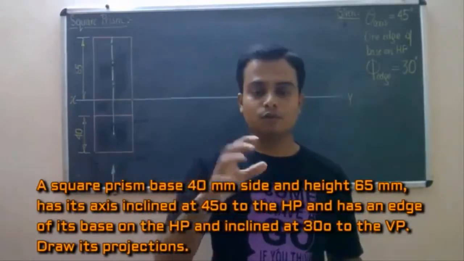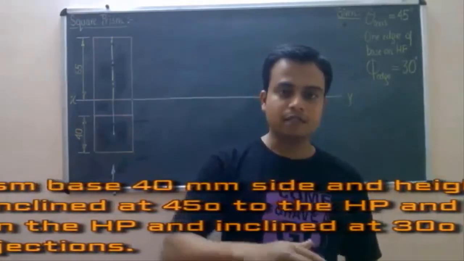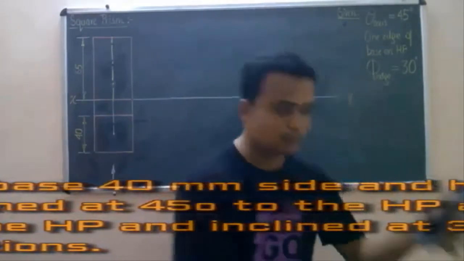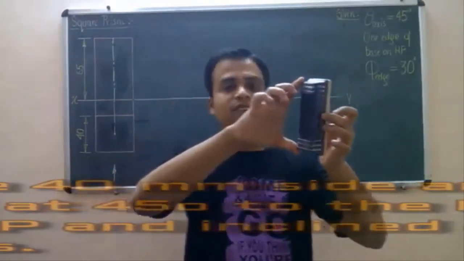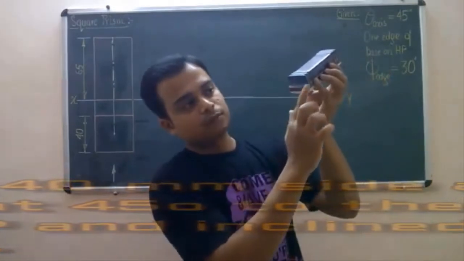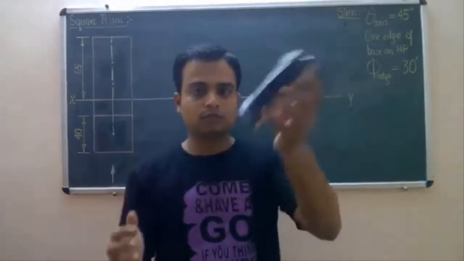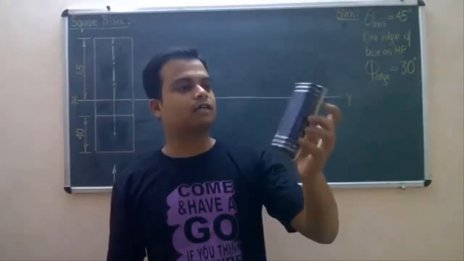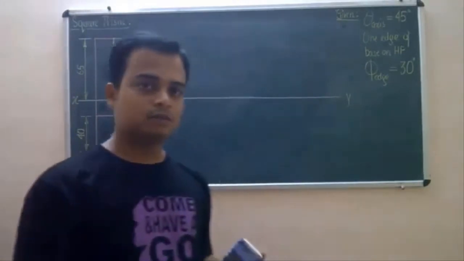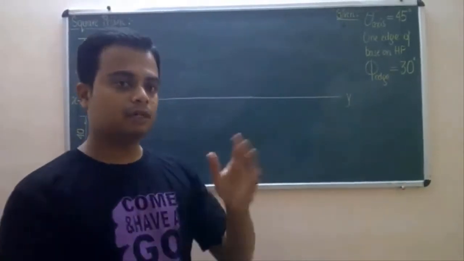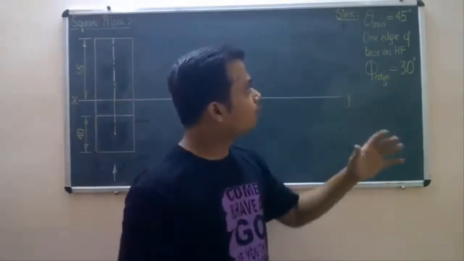Square base is going to have four sides, right? Each side is equivalent to 40 mm, whereas the height, okay, I'll explain it to you with this. The height of this prism is equal to 65 millimeters, whereas these four sides, all of them are 40 mm each at the top also, right? So this can be considered to be not an exact replica of a square prism, but we can actually manage solving the problem with the help of this duster, right? Fine.